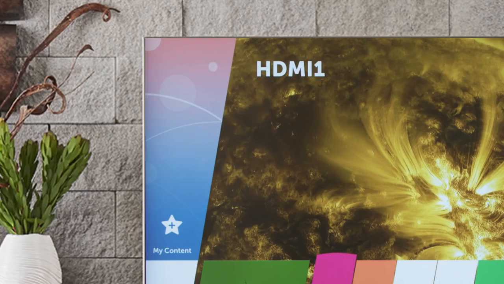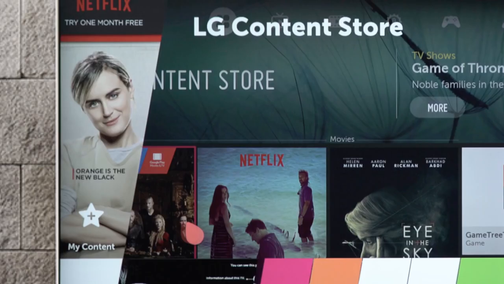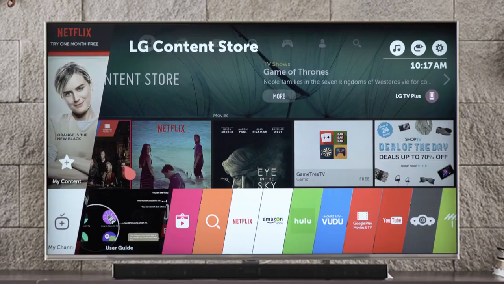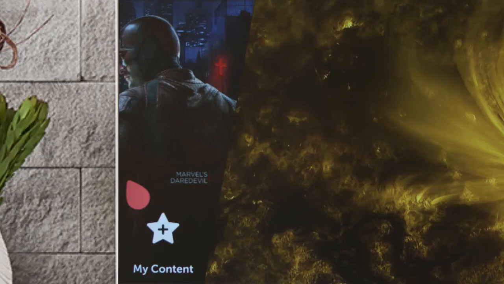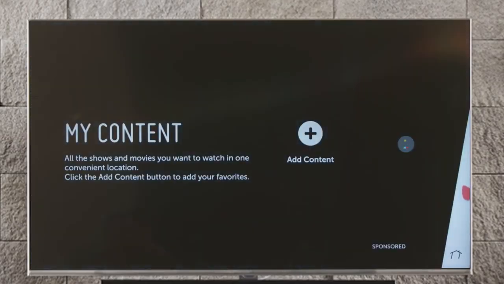This big wedge up top is My Content, which lets you assemble handy shortcuts for programs you might like to watch in the future. A combination of your picks plus our recommendations. If you like any of the recommendations that you see here, click on this star with the plus sign to begin adding titles to your list. This takes you to the My Content page, where you can click on this plus sign if you want to